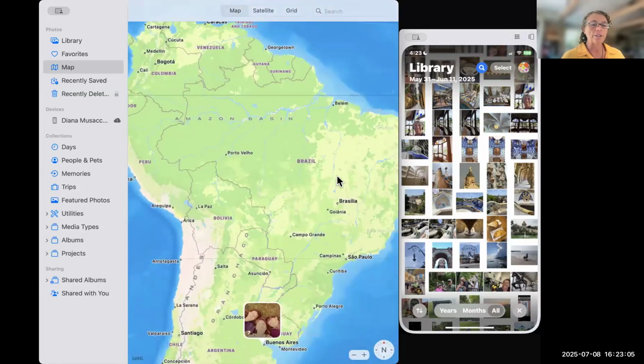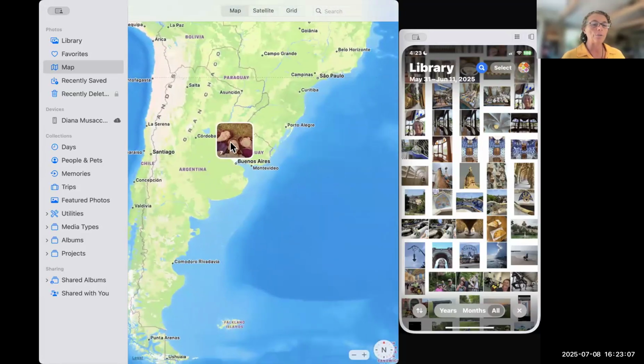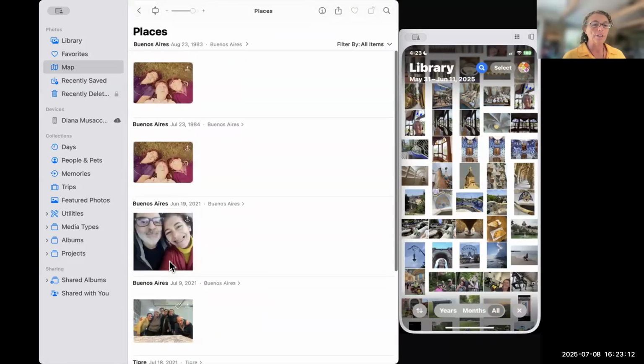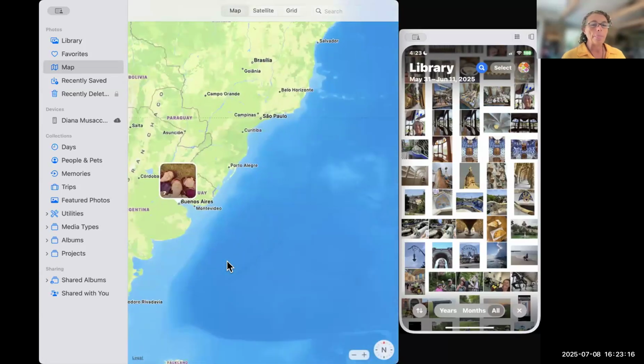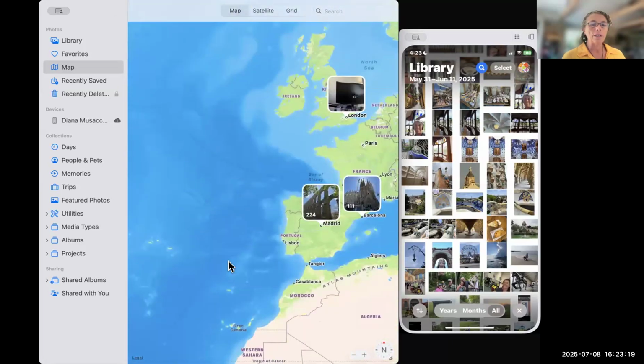And in fact, if I go down here, that's that photo that I said was in Buenos Aires. It turns out I have 7 photos from Buenos Aires. When I click on them, there we go. These are all the photos that I have that are tagged from Buenos Aires. Okay. How about I just did my trip